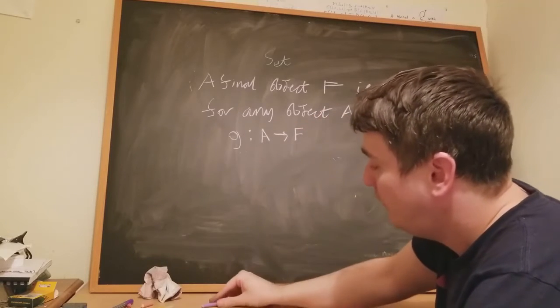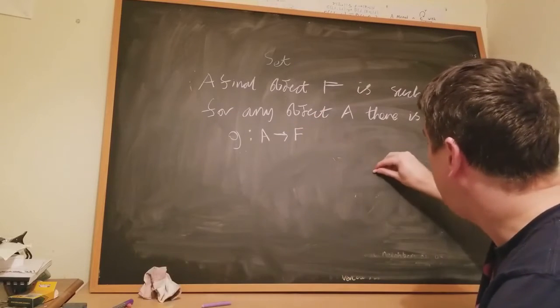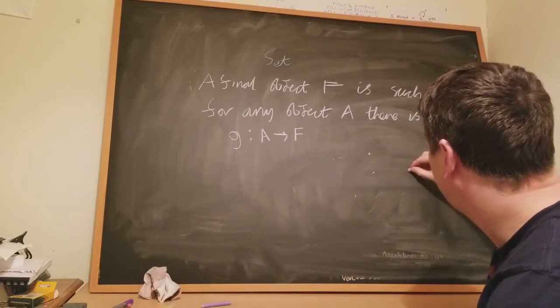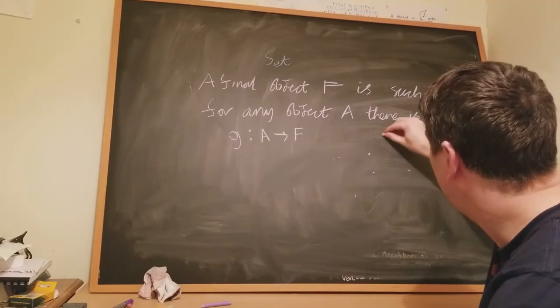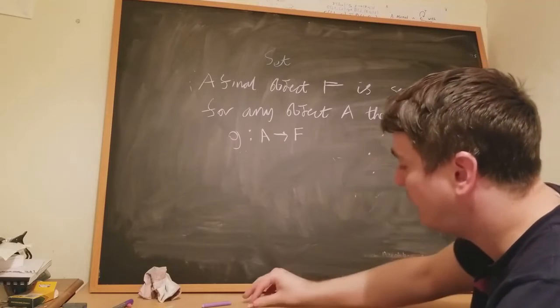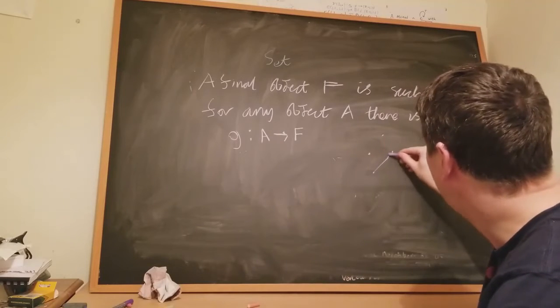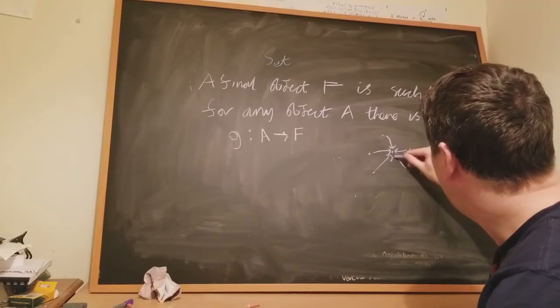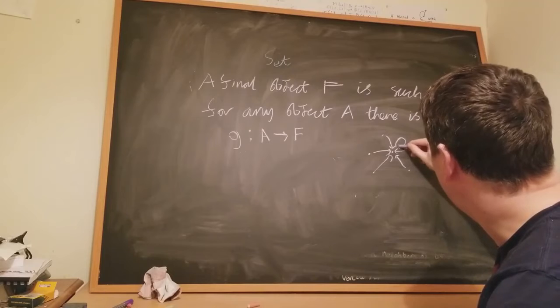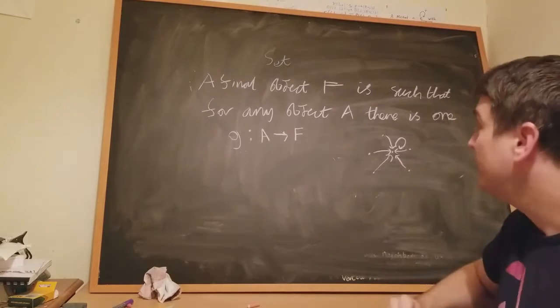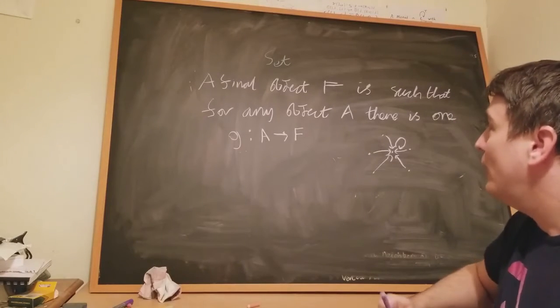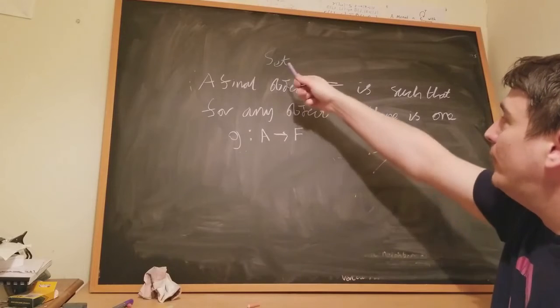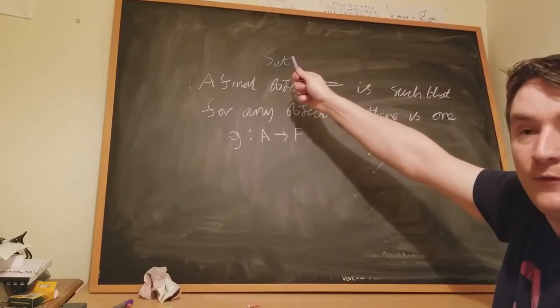Okay, so if these are our objects in our category, and this is a final object, then there's just going to be one arrow from every object to this one, and just one arrow from this object to itself, the identity arrow. Okay, so why is this important for understanding about this category set?